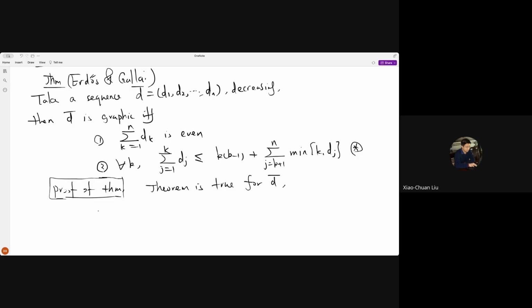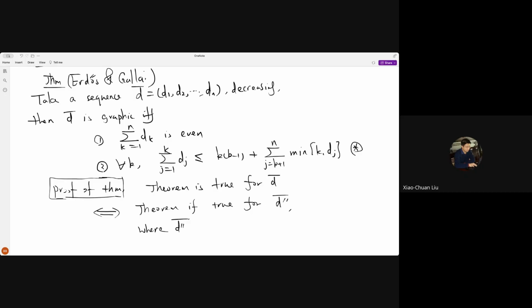We want to show that it is equivalent to the theorem being true for, not D prime bar, because the problem is that D prime bar is not necessarily a decreasing sequence. You see what's going on? So we have to prove that this is true for D bar if and only if it is true for D prime bar, where D prime bar is obtained